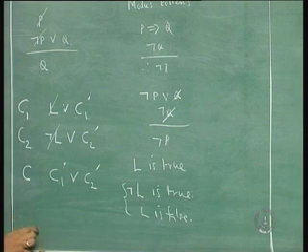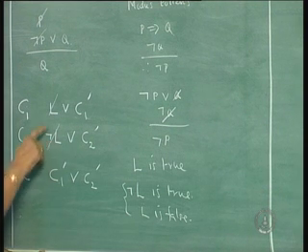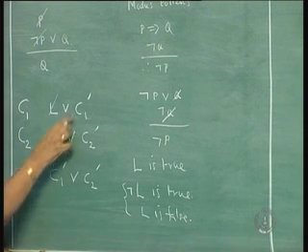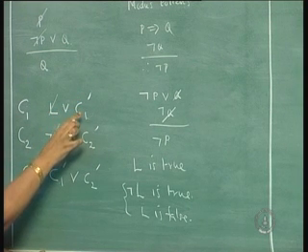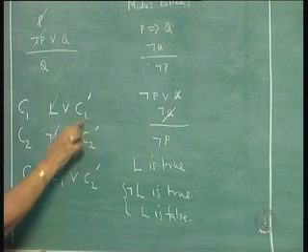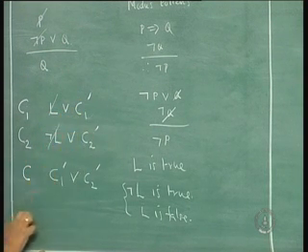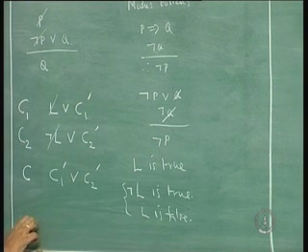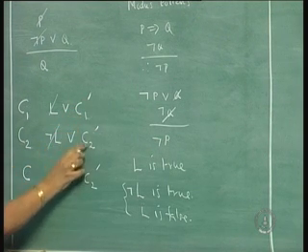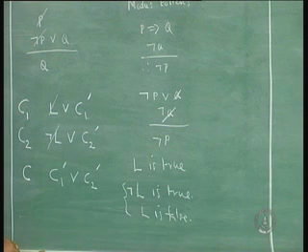So, you see that when you remove this L and not L from two classes and construct a disjunction of C1 prime and C2 prime, either C1 prime will be true or C2 prime will be true, depending upon whether L is false or L is true,